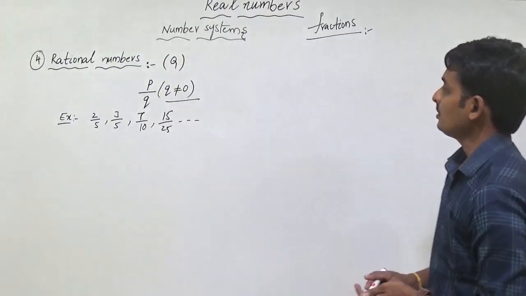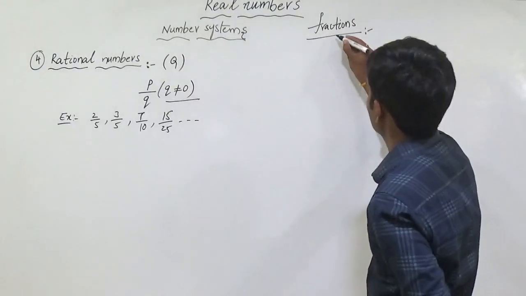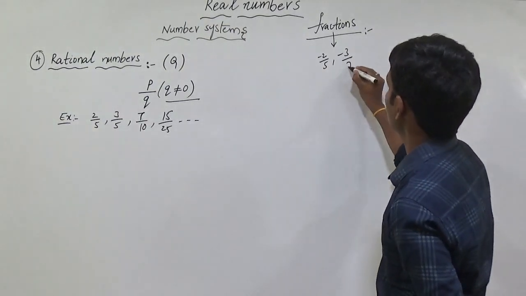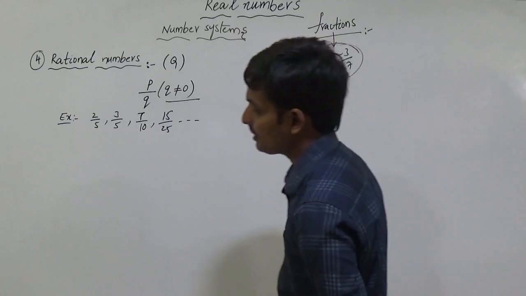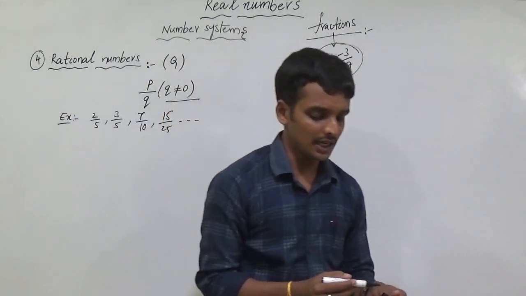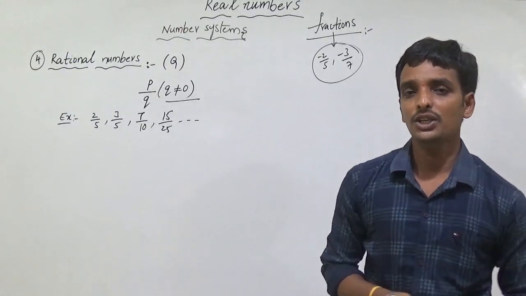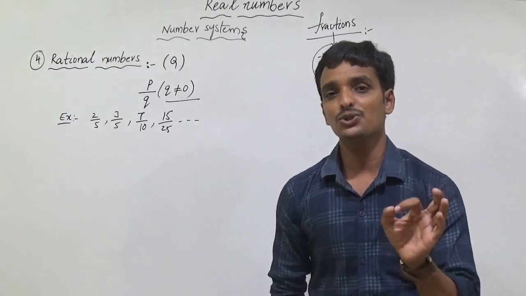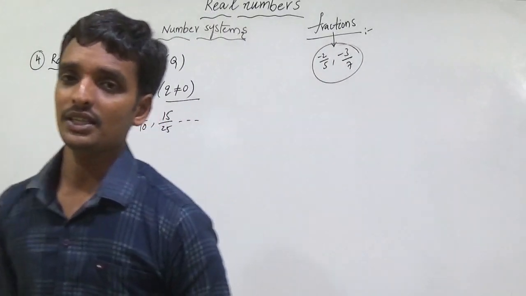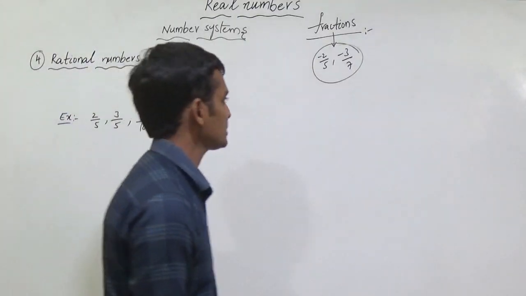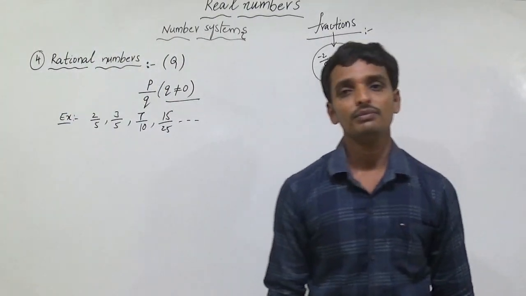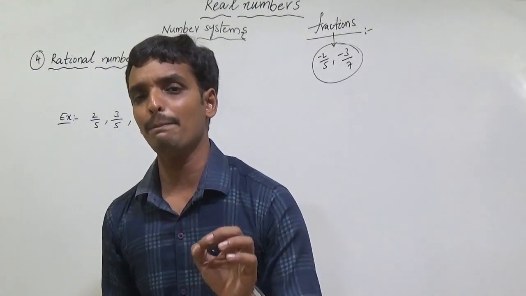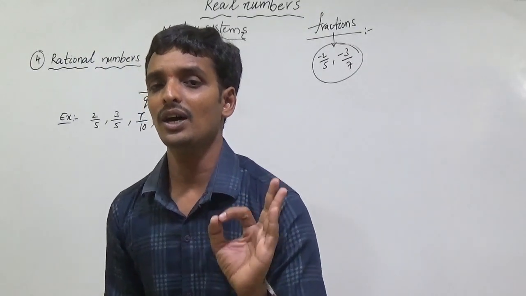Now I will tell you one thing. If you see anywhere negative fractions, minus 2 by 5, minus 3 by 7. A fraction is a part of a whole. In the whole, there is a small part called a fraction. In fractions, there are no negatives. Fractions lo negatives levu. Maybe they come when we sum, but practically the fractions are not negative.